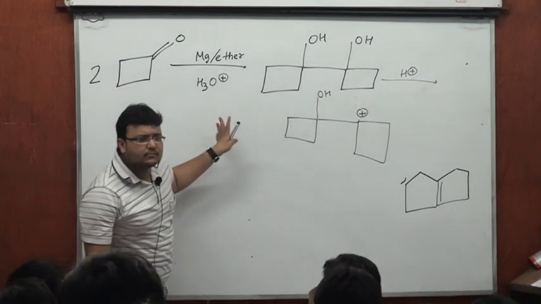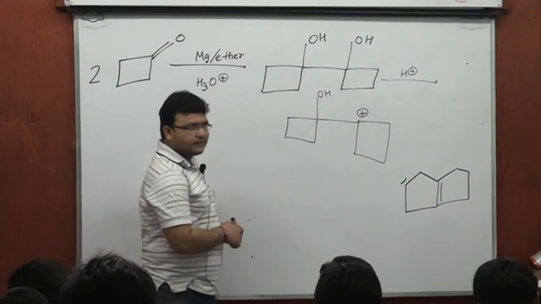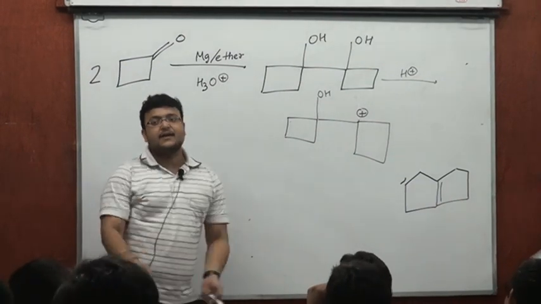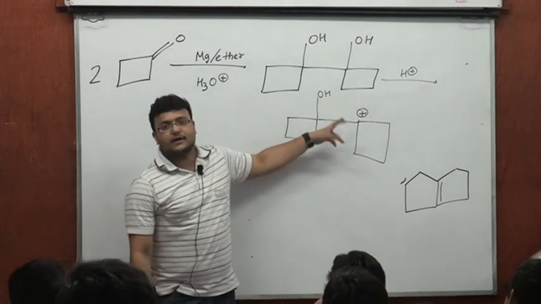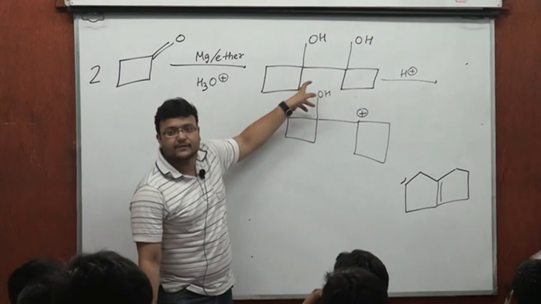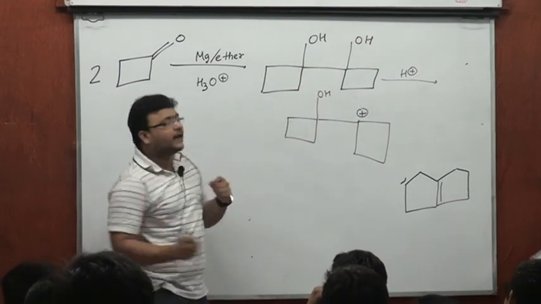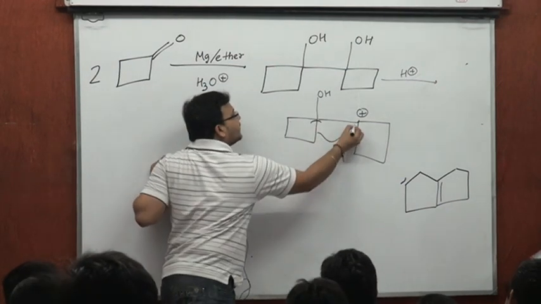So far so good. And again you realize the intent is to convert a 3-degree carbocation to a 2-degree carbocation, which is more stable because the positive would be on carbon next to OH, and there are no groups around. The only way this can happen is this bond would migrate in this way.